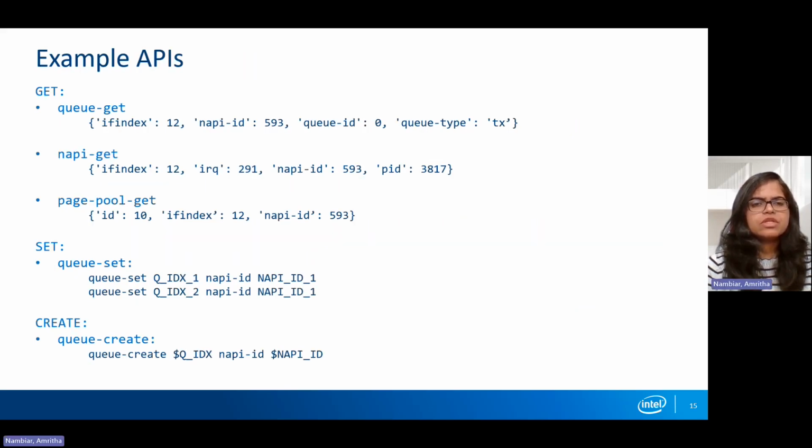So these are some example APIs. In the mailing list, we have mostly get commands for queue, NAPI, and page pool to expose some basic queue parameters, NAPI parameters, and page pool parameters. And in future, we plan to introduce